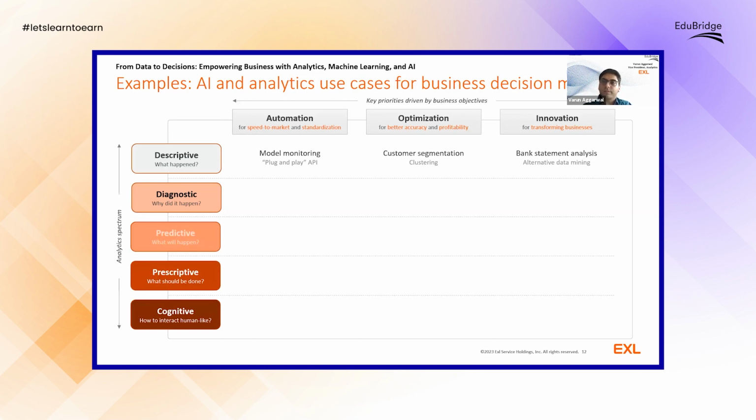Then the bank would also have the bureau data, which will give this customer's information about different kinds of loans taken from different other banks, and how that customer is performing on those loans. But then there's also the availability of the bank statement itself. So if the bank thinks innovatively and says, okay, let me also try to analyze this bank statement, which is in text form, I would be able to understand what the different inflows and outflows are for that particular customer.